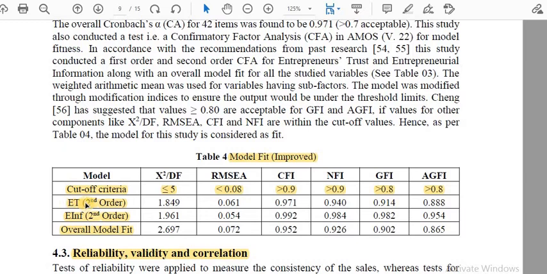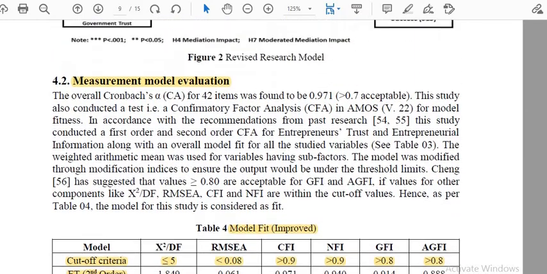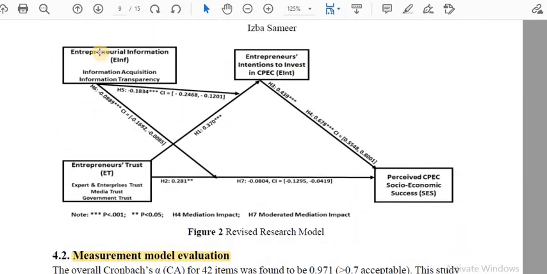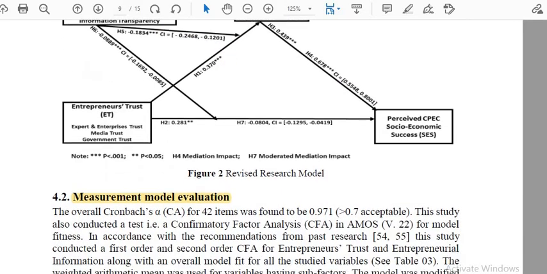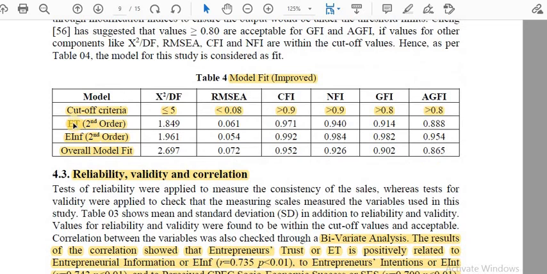So this is the model fitness for the second order variable. This is another second order variable, and this is the overall model fitness. If you have variables of higher order, similarly this variable is a higher order variable, and this variable is also a higher order variable. So I need to show the model fitness for these higher order latent variables, and then I need to show the complete research model's model fitness. Here I conducted the same thing. First I showed the model fitness for one latent variable, then another latent variable, and then the overall model fitness, and all the values come under these threshold values.